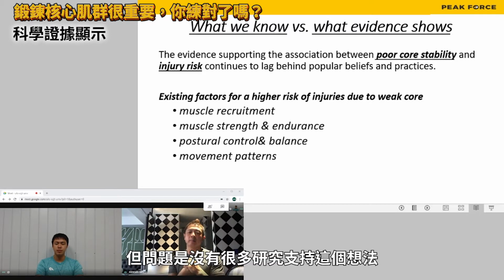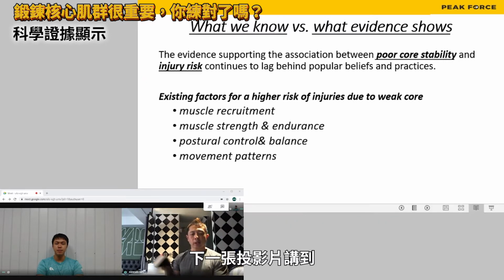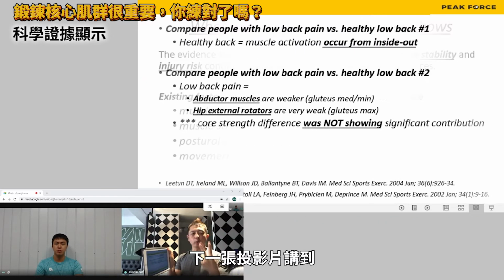But the issue is there's not that much research supporting that idea. 现在的证据有说肌肉的招募状况、肌肉的肌力、姿势上的控制，还有动作模式，这4个东西会关系到运动表现或降低运动伤害，但证据并不是很完整、很多。